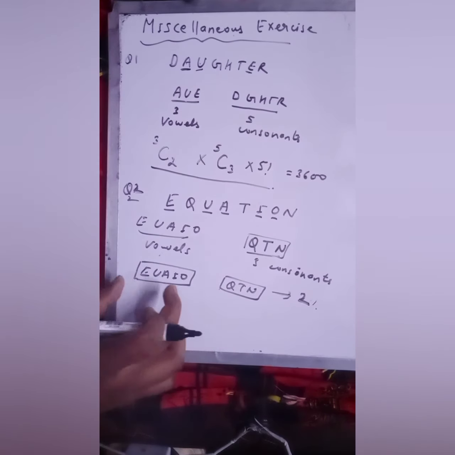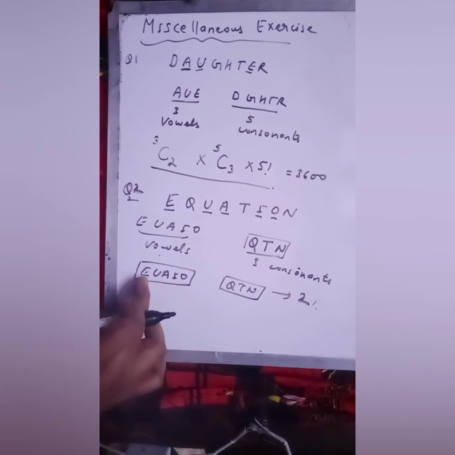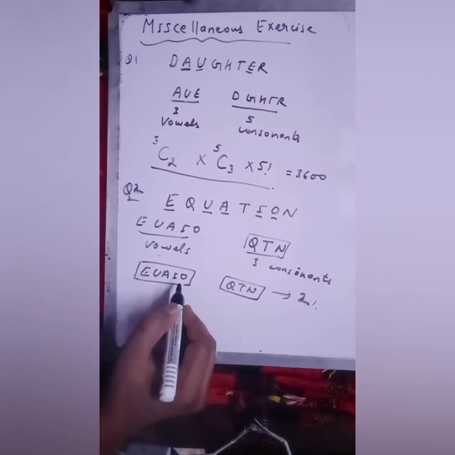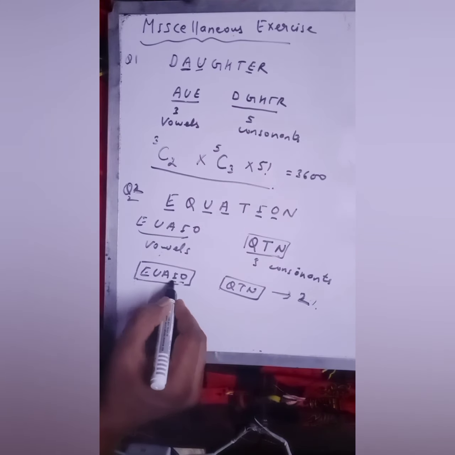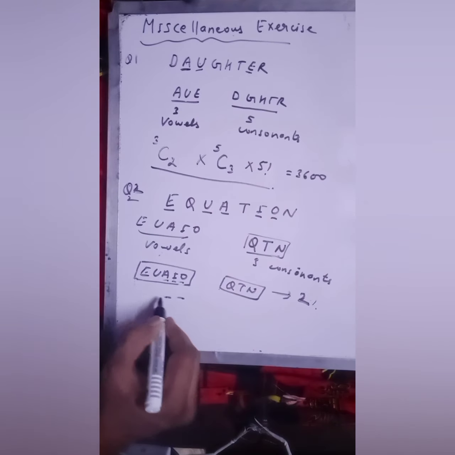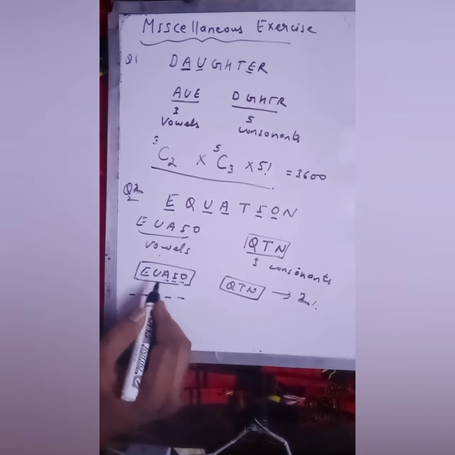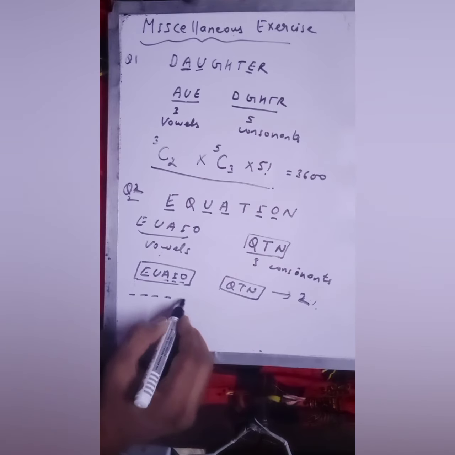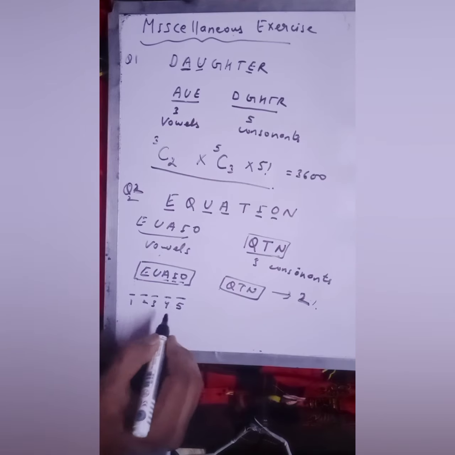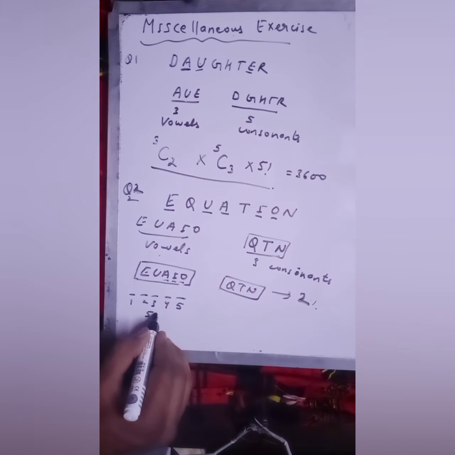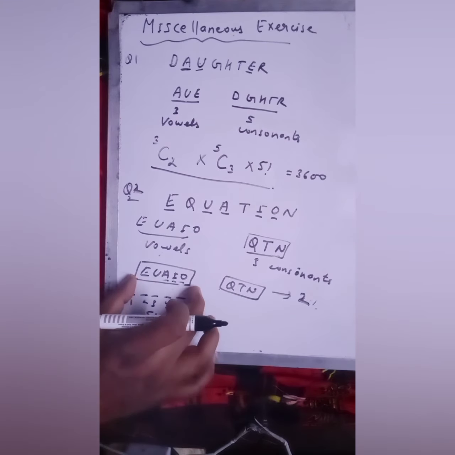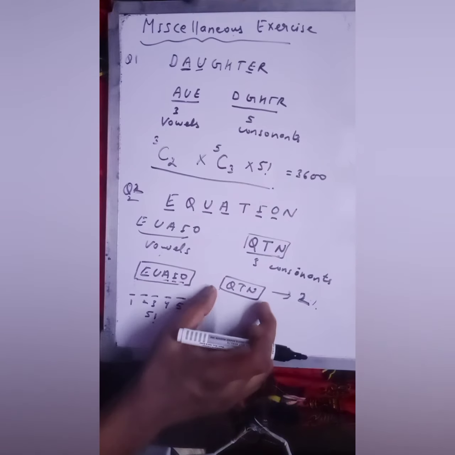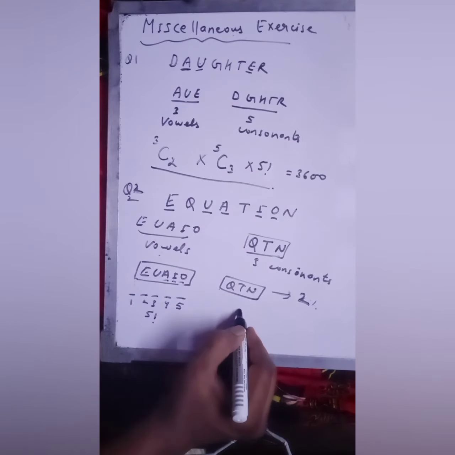Now, to arrange the vowels, here you are using 5 vowels. So here O is coming, here E can also come. For this place there are a total of 5 vowels we are using: 1, 2, 3, 4, 5. To arrange the vowels, for the first vowel you have 5 choices, for this you have 4, then 3, then 2, then 1. That means you can arrange the vowels in 5 factorial ways. Similarly, for consonants, you have 3 consonants.